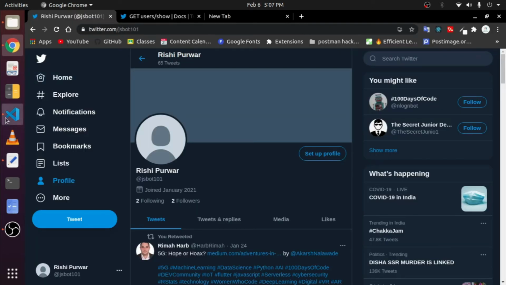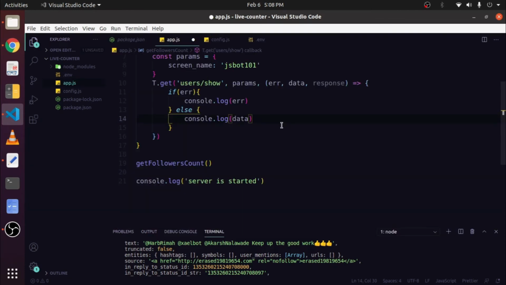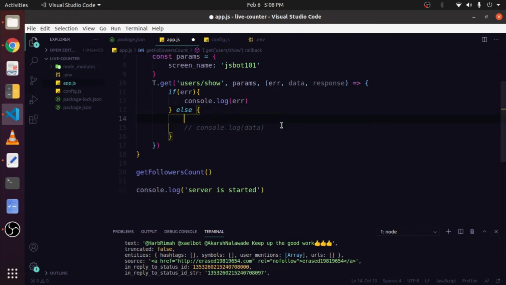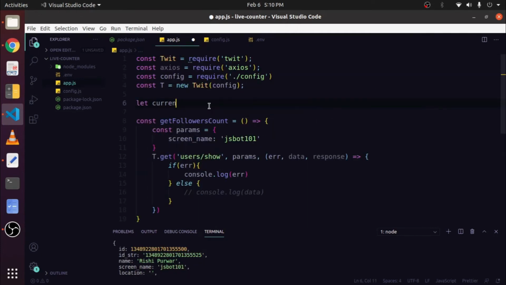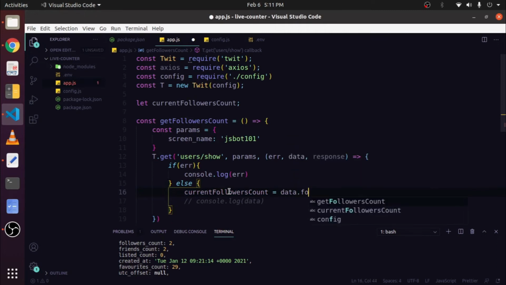So we only need the followers count. So first create a global variable and name it currentFollowersCount like this, and then update this variable inside this else block like this, and then make it equal to data.followers_count, which is this one.